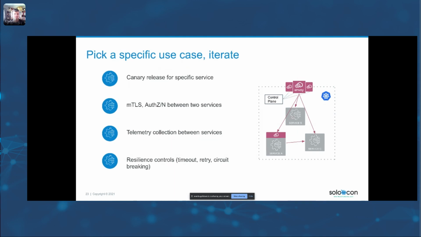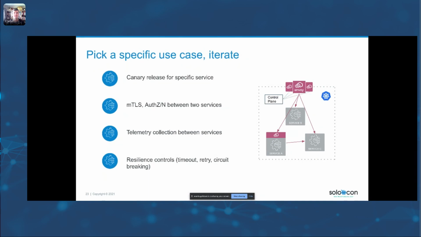Another one is surfacing telemetry or the golden signals: the communication happening between services, the failures, the throughput, latency, these types of signals about how the system is operating. And then my personal favorite is to be able to control traffic and do canary releasing through percentage-based routing or content-based routing, dark launches, these types of things.